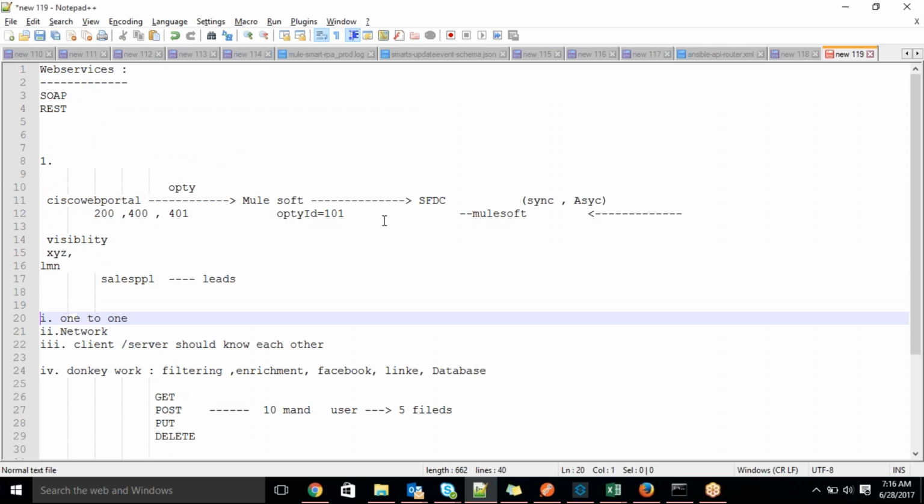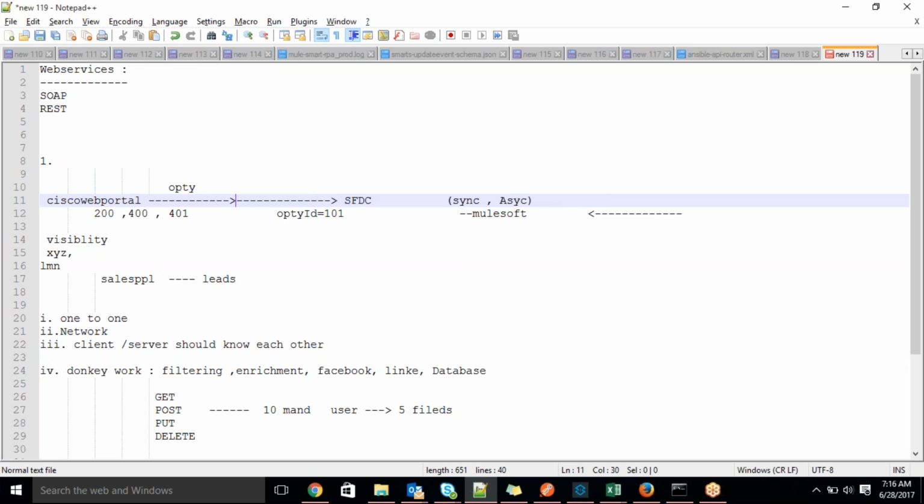Okay. So what I'm trying to say, generally I'm removing the MuleSoft here. Earlier, people won't use middlewares. So this guy is exposed as a REST API or else SOAP API. From the portal, whatever the portal it is, not only Cisco portal, any web portal, they directly talk to whoever exposed the APIs. So this has happened earlier, before introducing this kind of middleware.